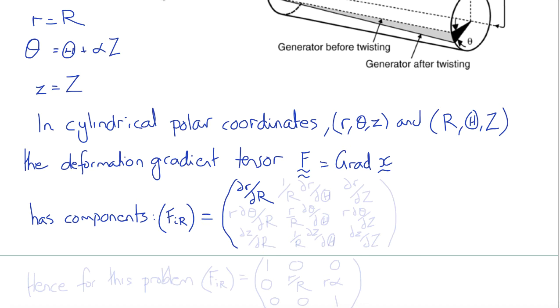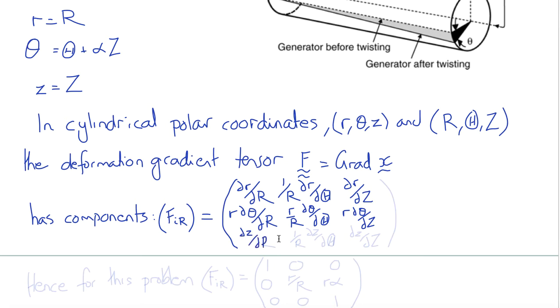But then instead of del little r, del theta, an element of length in the circumferential direction is r d theta, so this is 1 over big R del little r del theta, then del r del z. Then similarly, instead of being del theta del r here, it's r del theta del r, because an element of length is r d theta. Then r d little theta over big R d big theta, r d theta dz,